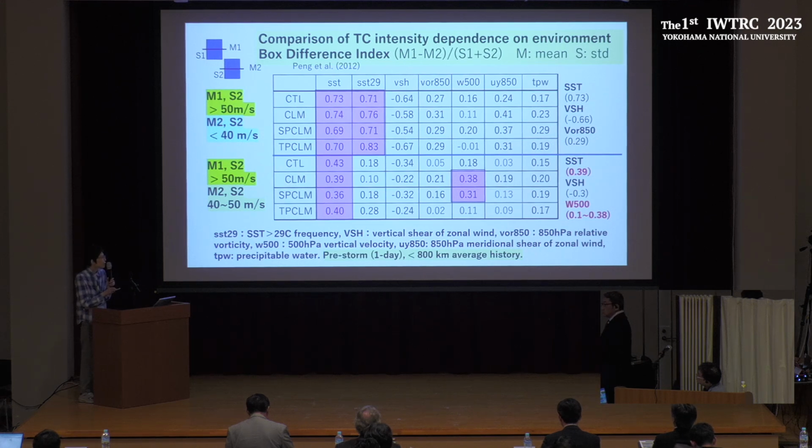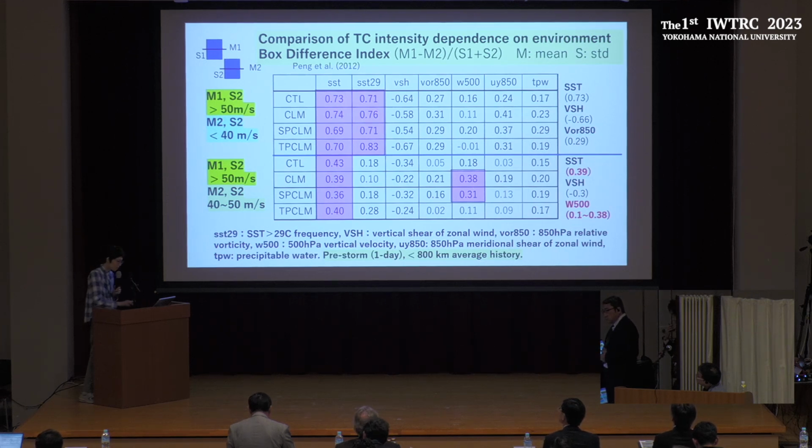The cases with the high relative value in the middle tropospheric upward motion are without the subtropical warm sea surface temperature